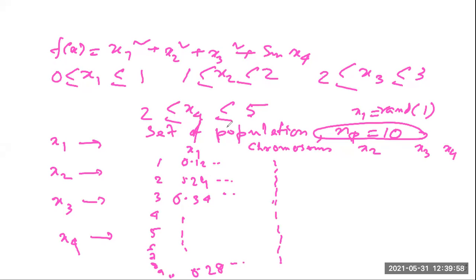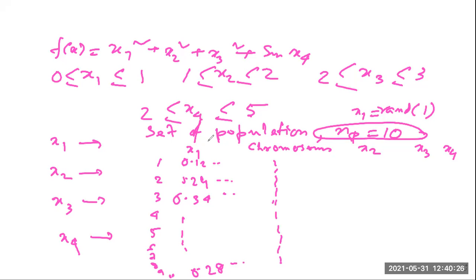When we have to calculate these values, we are assuming the set of solutions. We don't know what the actual value is, but we are assuming that these are the set of solutions, and when the GA algorithm is implemented, the algorithm itself will find out what your possible solution is, or what the actual value of x1, x2, x3, and x4 is.